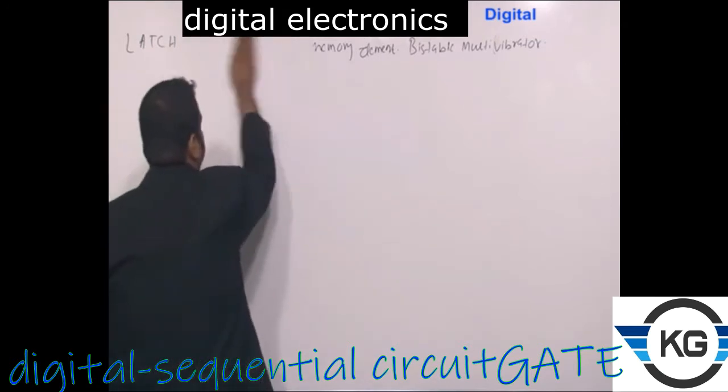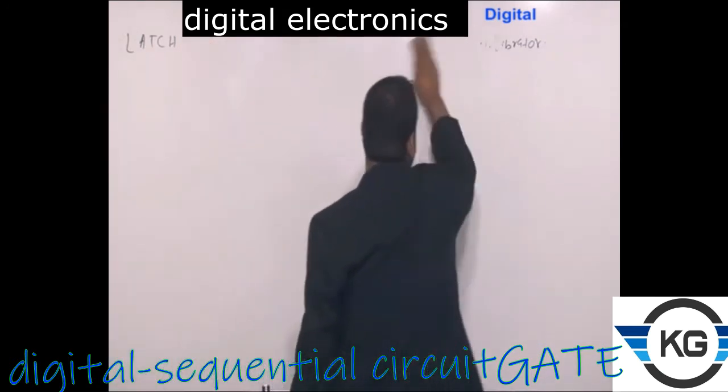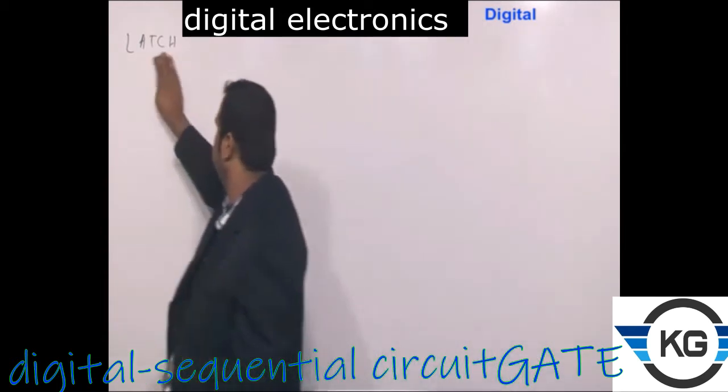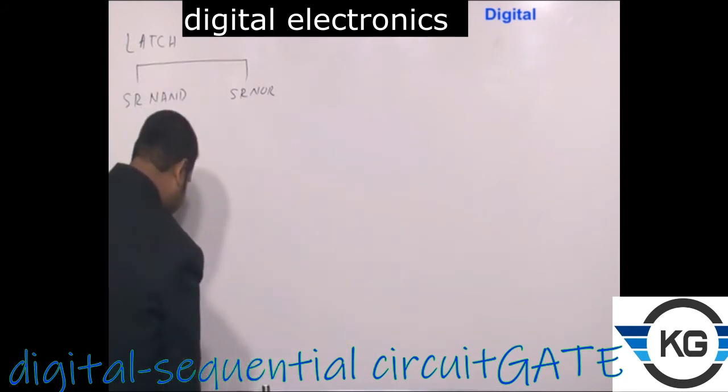There are a lot of aspects, and as I proceed, I will keep telling you what we need to study in each case. Popularly, there are 2 kinds of latches we are going to study. One is known as SR NAND latch. One is known as SR NOR latch. Obviously, there are D latch and other things too, but this is the basic structure we are going to study. If we can understand this, the remaining everything we can easily understand.